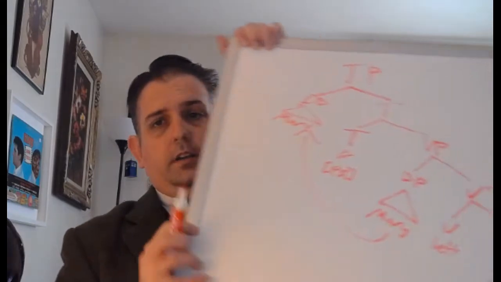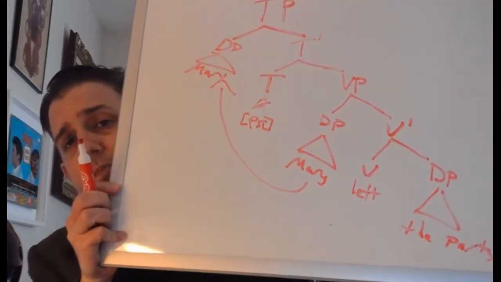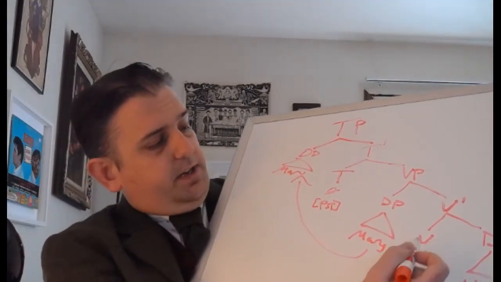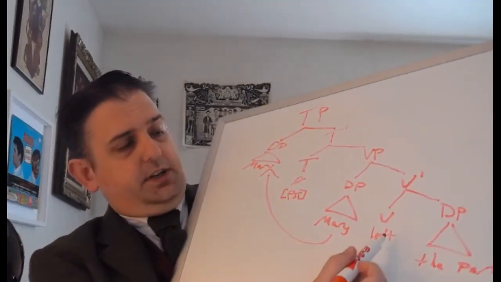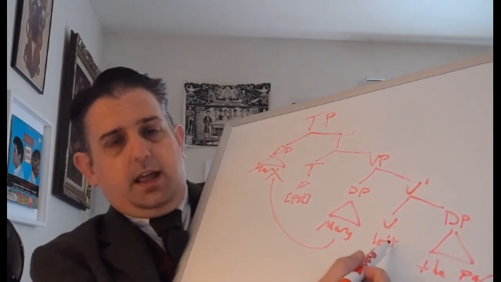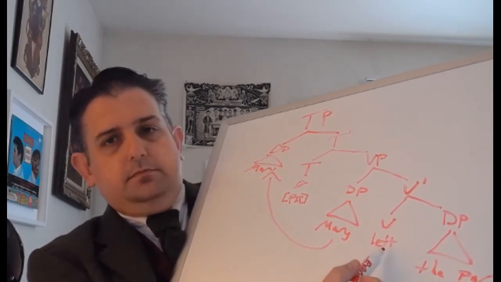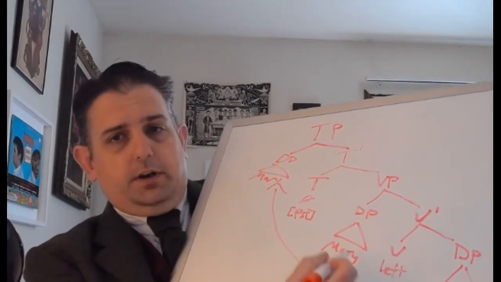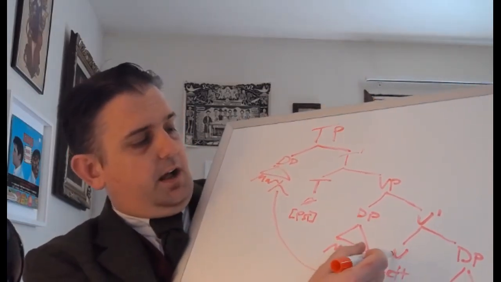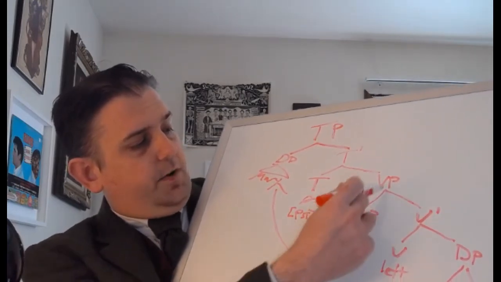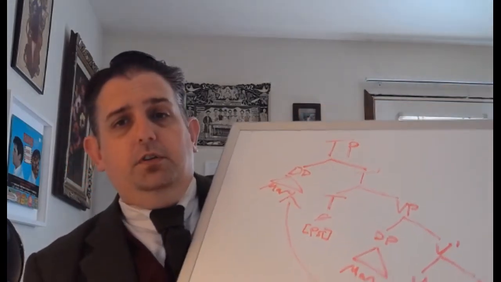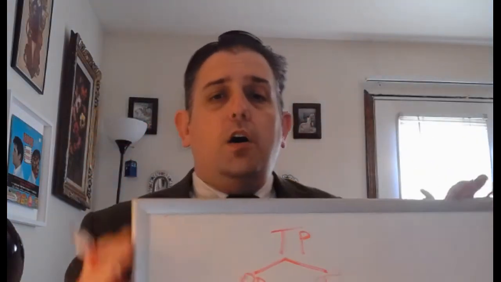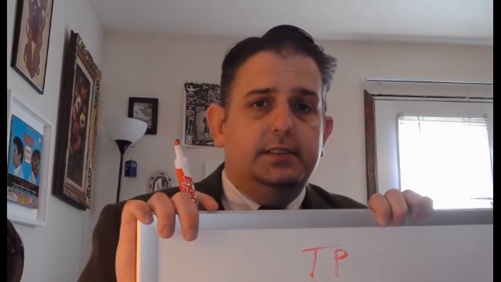We can look at the full sentence here. And the party is fine where it is because, according to our current assumptions, left is both a case position and is also a theta position. And Mary begins the derivation here, according to our current assumptions, because the specifier of the verb phrase is where it's receiving its theta role from the verb. And this is well and good, but we know that certain sentences can have